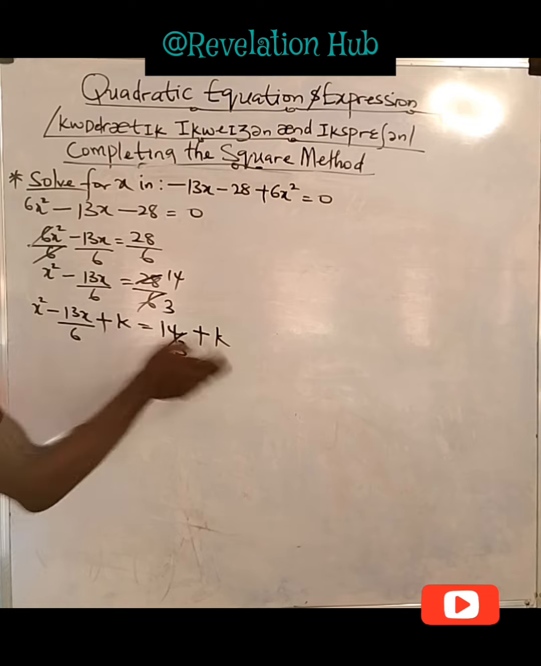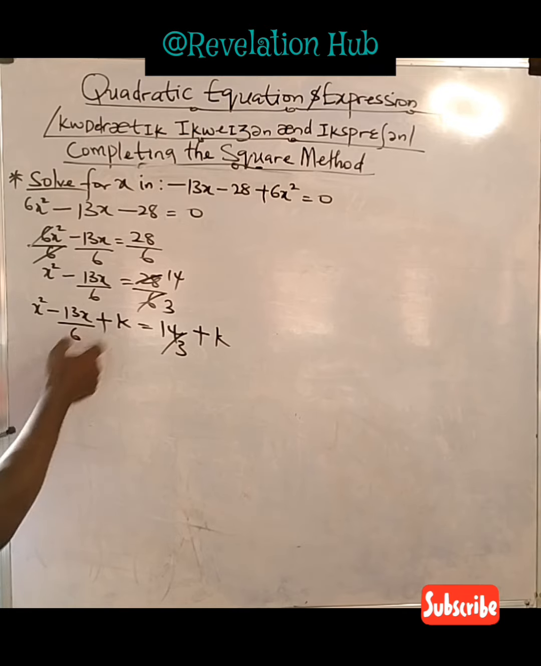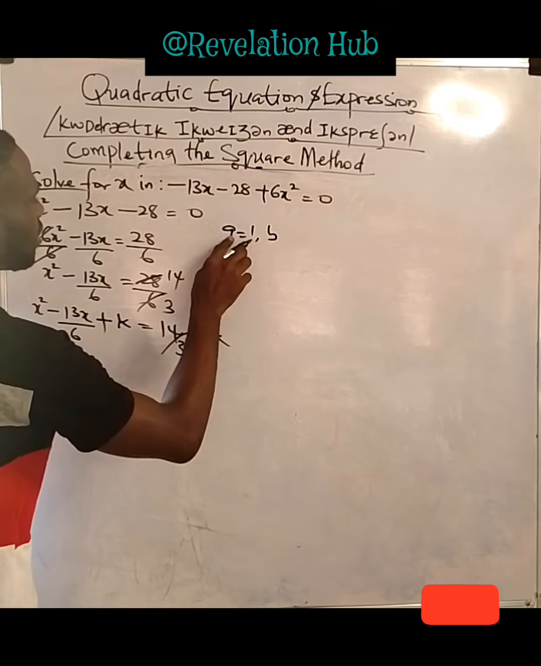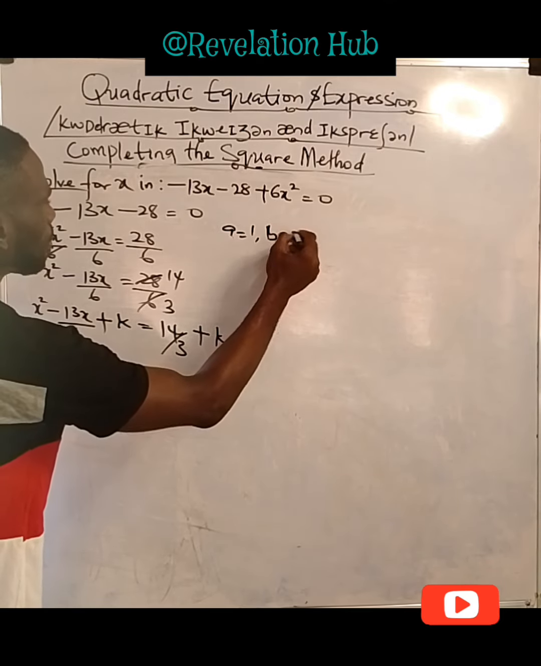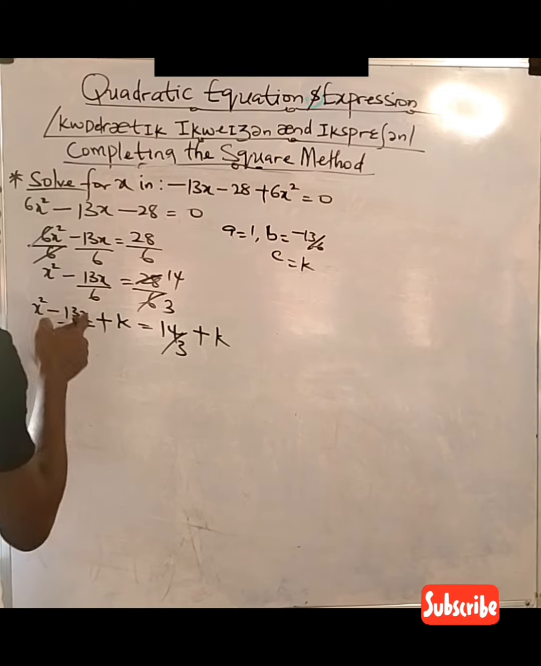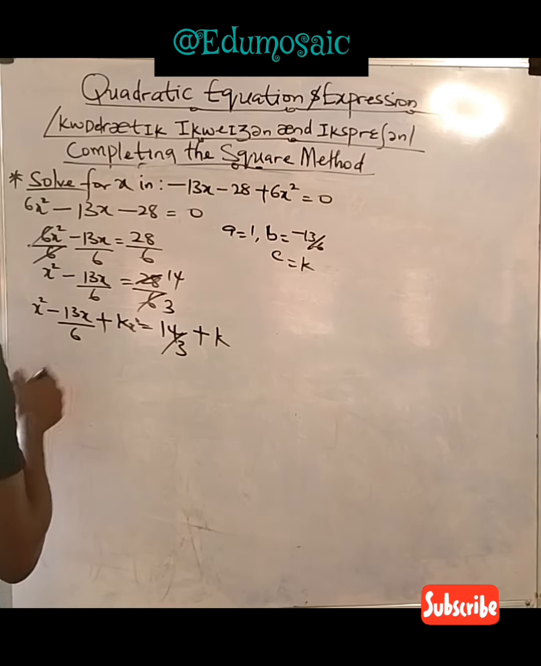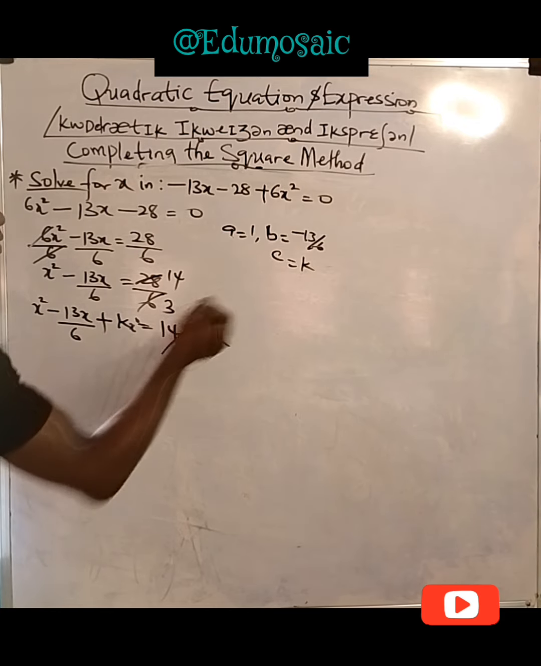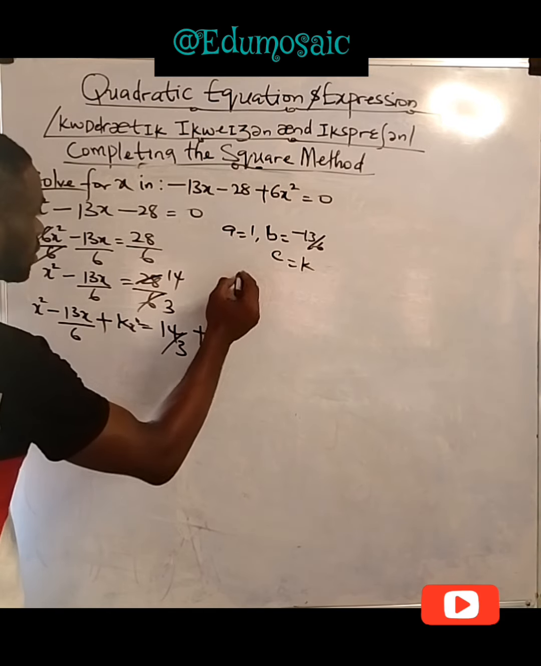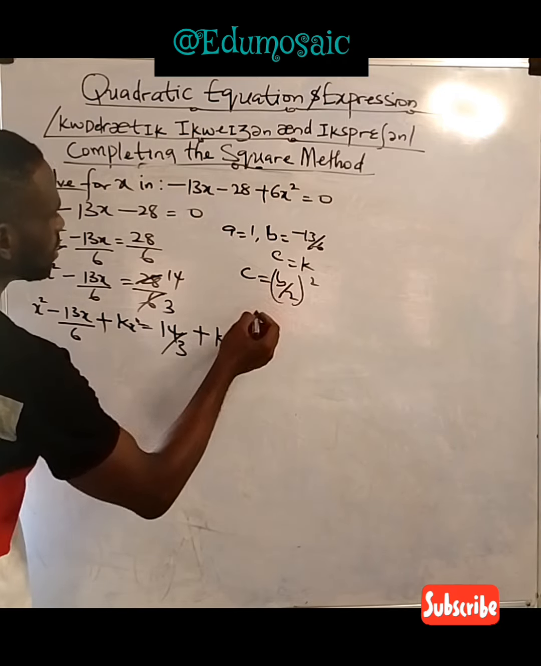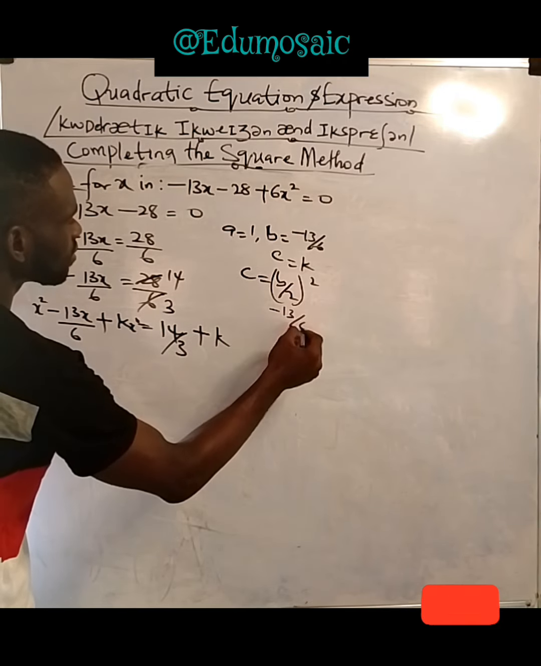So this plus k is well set out. So what's going to be the value? Don't forget a is 1, b is -13/6, then c is k. x has power 2, power 1, power 0. So how do we get the value of k, which is c? Don't forget it's (b/2) raised to power 2. We got this formula from the discriminant. So b is -13/6 divided